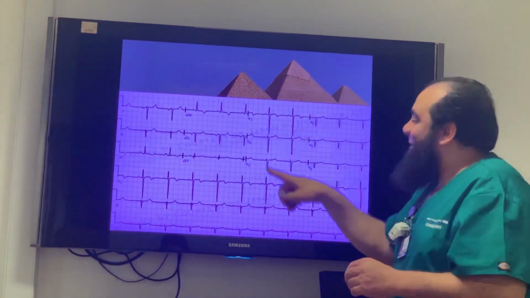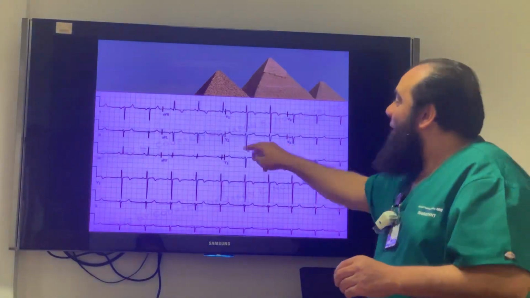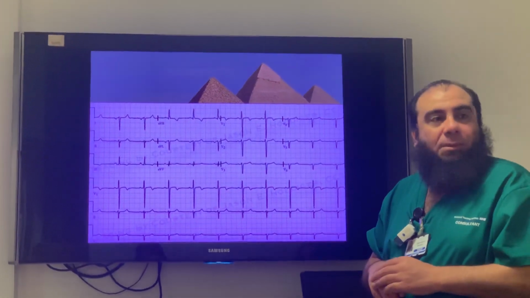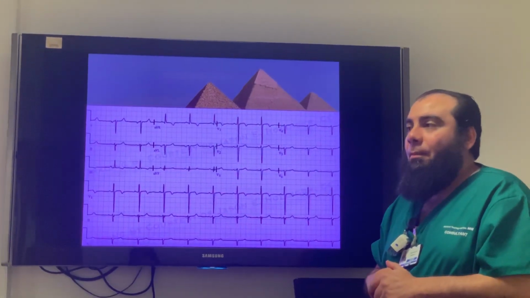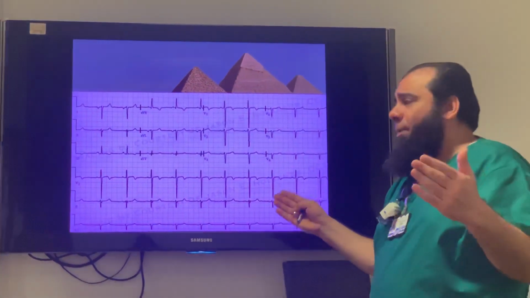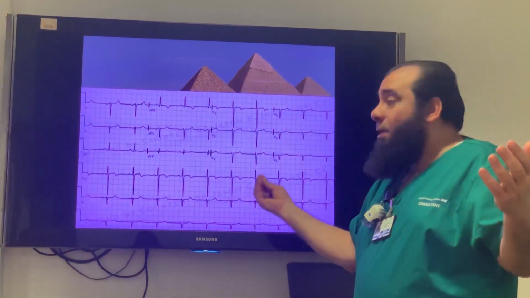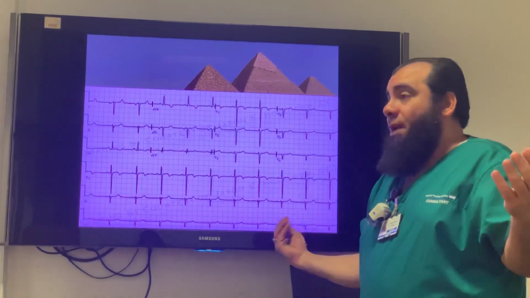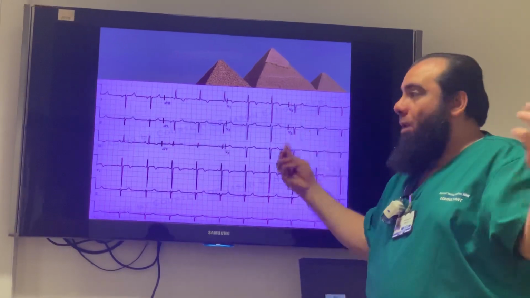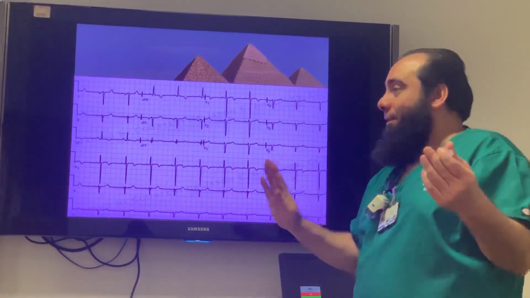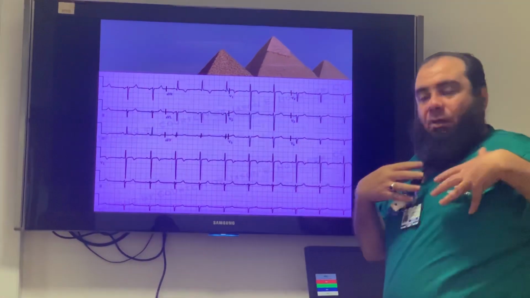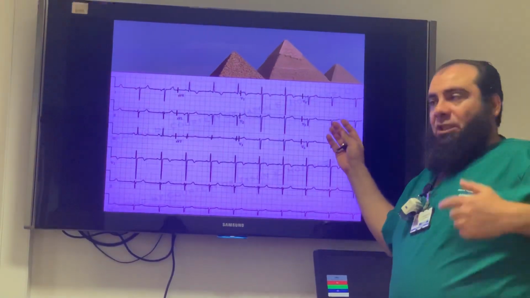But I don't want to go beyond here, even if you know negative. How can you differentiate? Anyone has an idea? What I'm telling is it is either dextrocardia or reversed limb leads. Because either by mistake the lead that was supposed to be on the right arm went to the left one, or the left one went to the right one. Or they are normal, but the heart has been shifted from right to left. Okay? So, if the heart is in place and everything is correct except these two leads, what am I expecting in